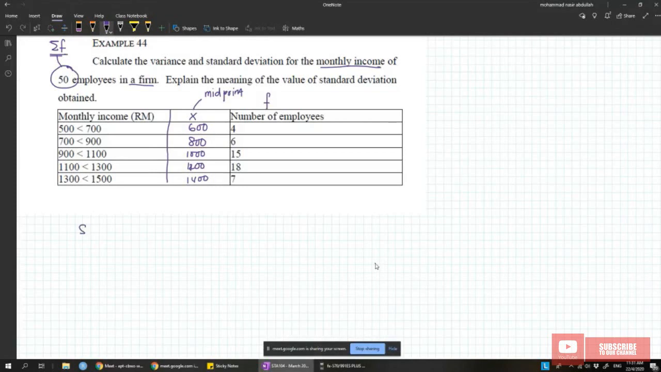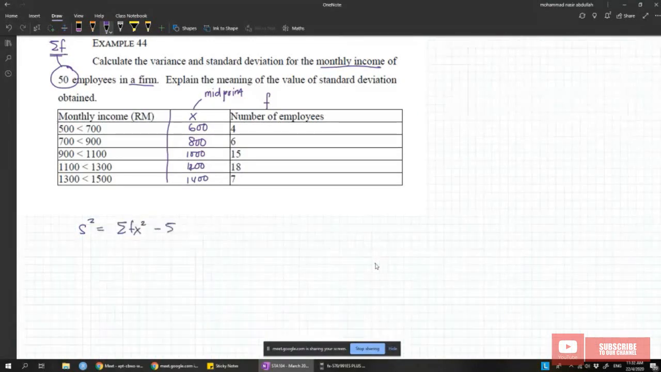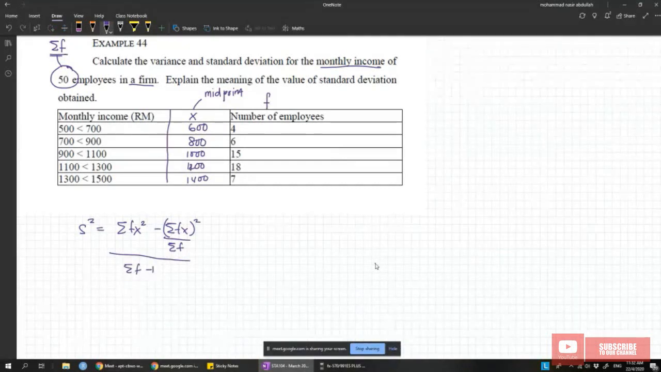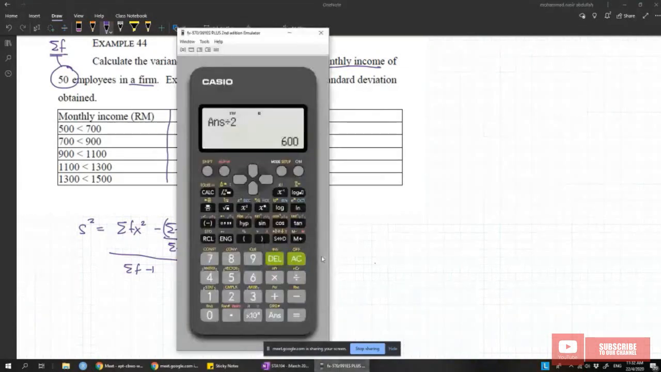Remember, since this is a frequency table, this is grouped data. To find the variance is summation of fx square minus summation of fx, and then you need to square, divide by summation of f, everything divided by summation of f minus 1. So now we want to find summation of fx square, summation of fx, and summation of f. Remember, each value you input in your answer sheet, you will get 1 mark,